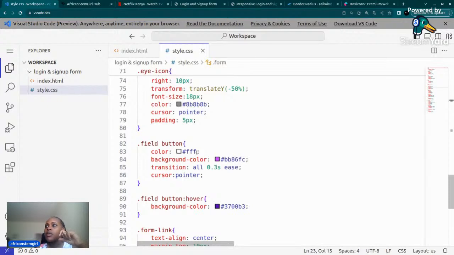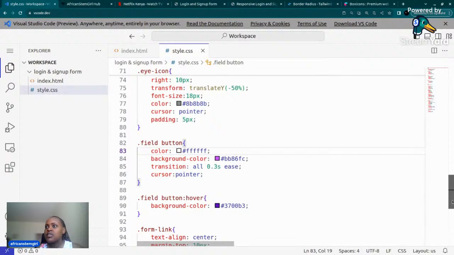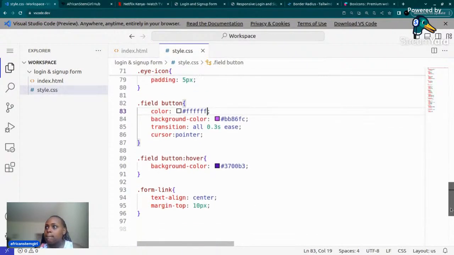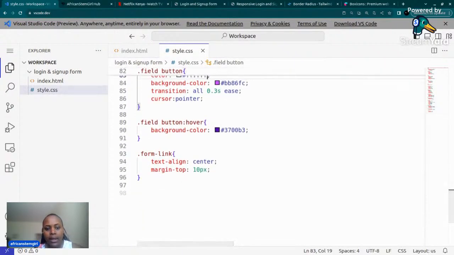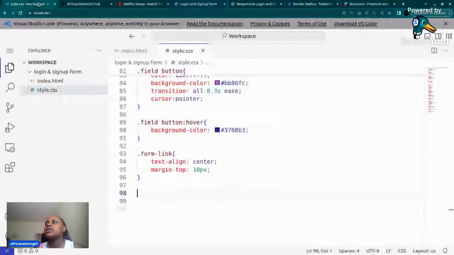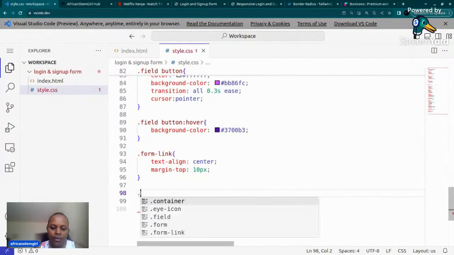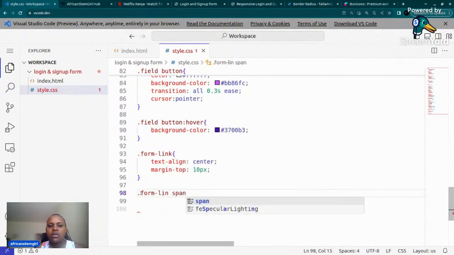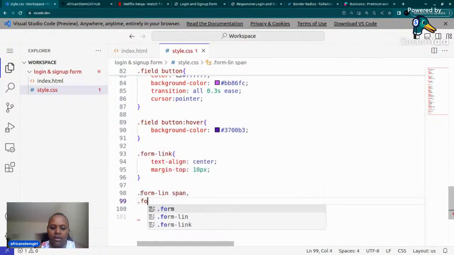Okay, let us just add, this should be 6. So let us make sure those are 6 because it's a hexadecimal. Okay, it looks like we are on the right track. So 1 more minute, let me add one more styling. So I'm adding the styling for the link still. It's still very congested. So I'll come here and say dot form link span. So span just means when it's on the same line with something, and then I'll say form link